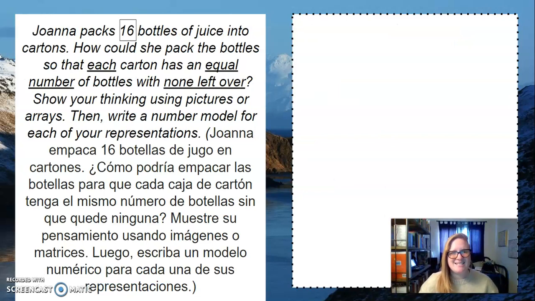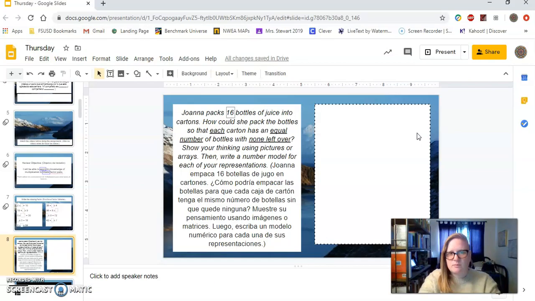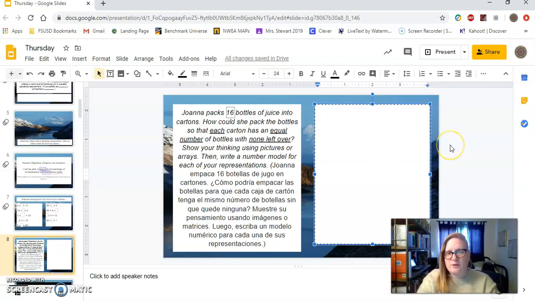So Joanna packs 16 bottles of juice into cartons. How could she pack the bottles so that each carton has an equal number of bottles with none left over? Show your thinking using pictures or arrays, then write a number model for each of your representations. So for instance, let's say you figured out that blank times blank equals 16. So you would write blank times blank equals 16. And you would need to show me that in an